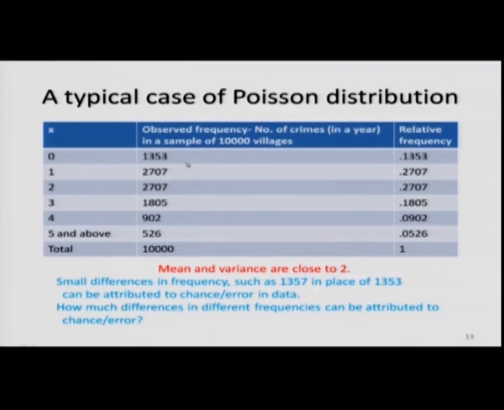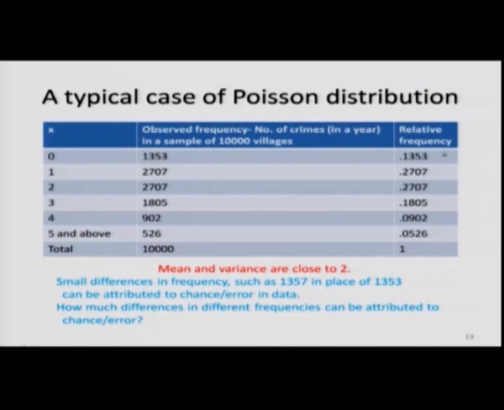Looking at the nature of data, as the value of x rises, the values of probabilities initially rise and then fall, and it is a discrete variable. Maybe one can also calculate mean and variance, which are found to be close to 2. Then the researcher decides that a Poisson distribution will fit these data, and we have just seen that for a Poisson distribution with lambda equal to 2,